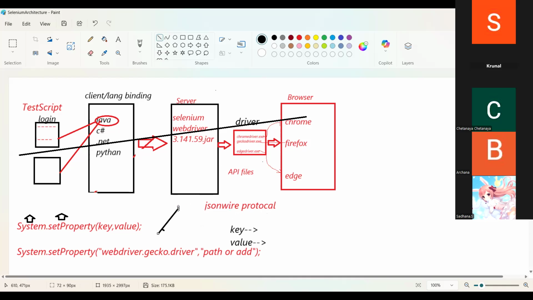To connect your server and the driver, we have to write one statement. I'll show you this in Eclipse when we are doing it. Once you are connected with the server and the driver, only then can you perform any action on the browser. So first we have to write a statement called